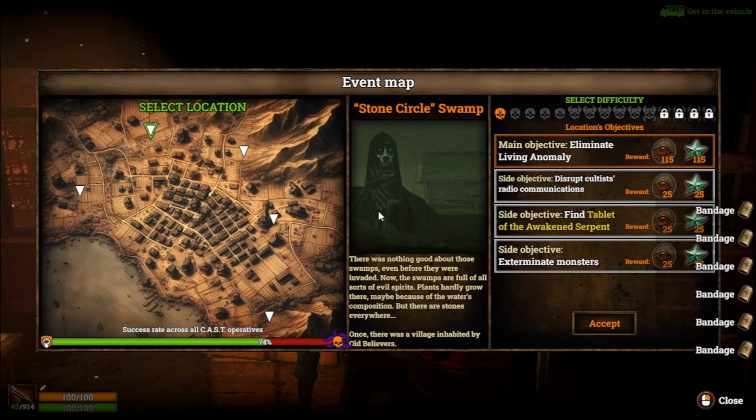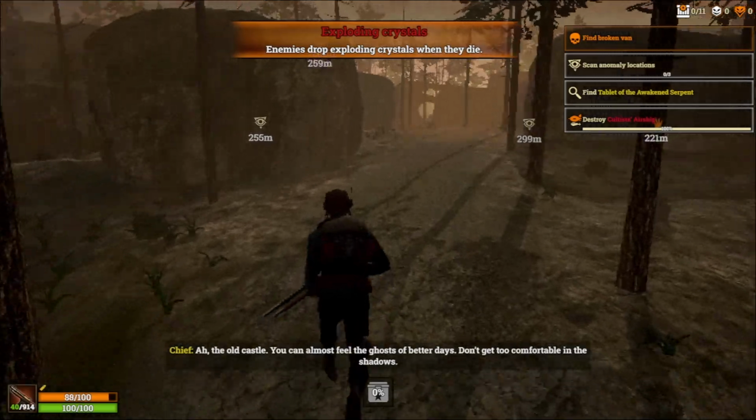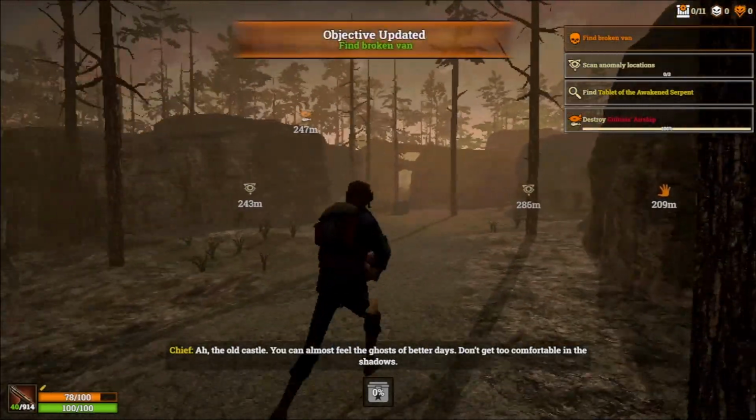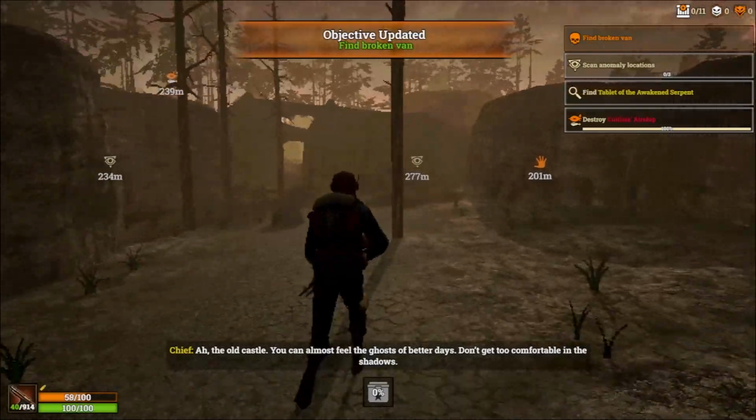A lot of these things just come down to user error. I haven't played this in a while, so I'm just going to say I'm blaming myself. I did this mission, I think, on this difficulty again, so I'll see you here in a second. Okay, so we have exploding crystals. We're at the castle now. I don't have a whole lot of time to record this morning,